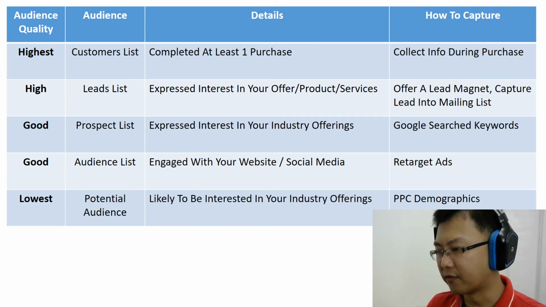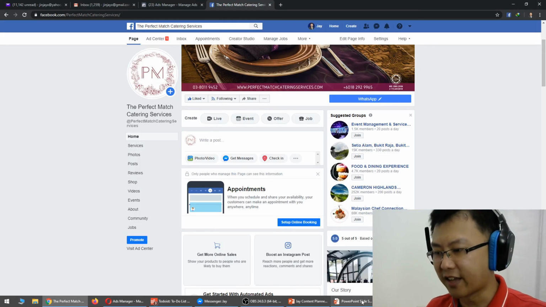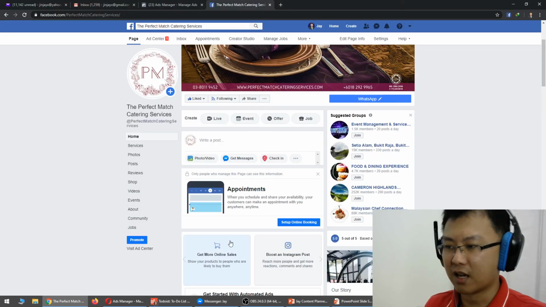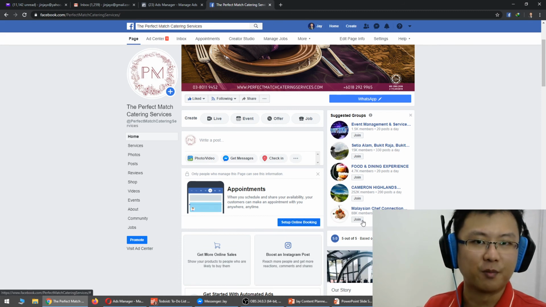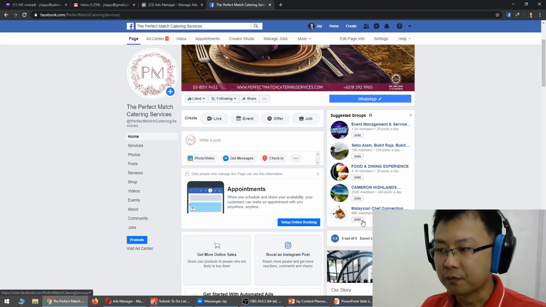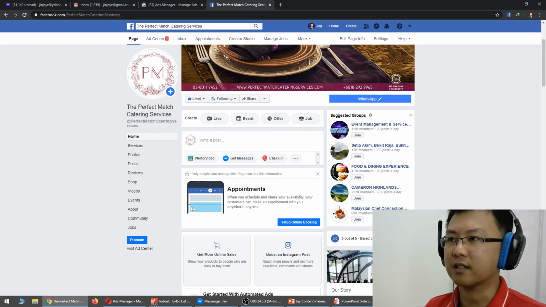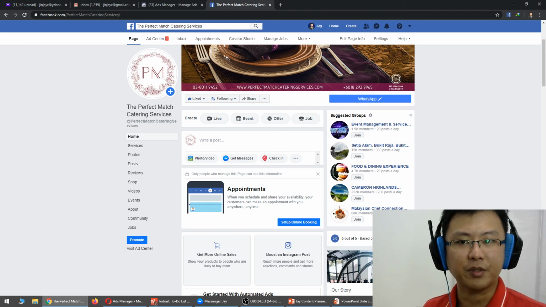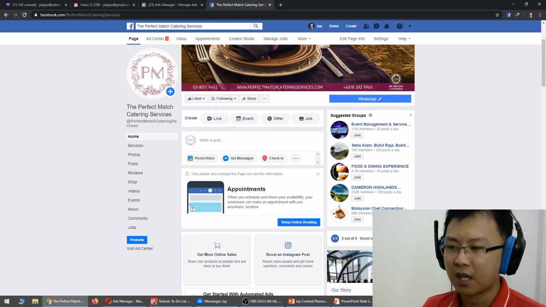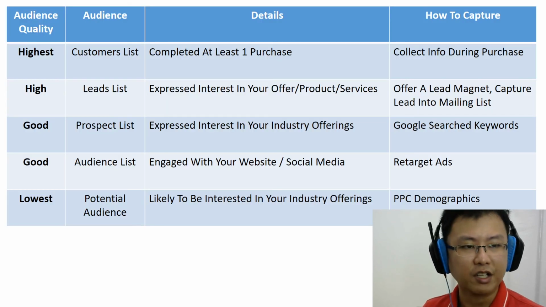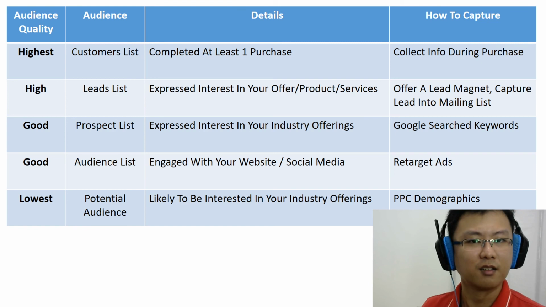So those are the very easy reasons why I discourage people from using Facebook Boost Posts. If you want the ads to be run, I'd say do it properly. Unless you're just there to test an offer and see if this is a viable business idea, then go ahead. But if you are running a long-term business, this is really important. You want to build your customer list, so do not run ads like this.